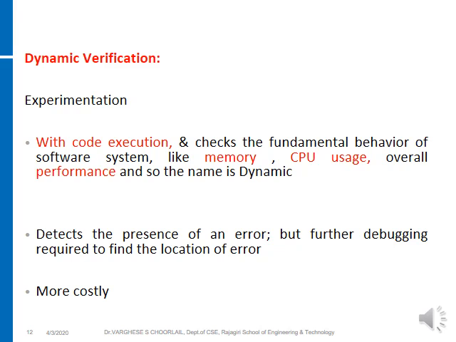What are the fundamentals of a software system for running a product or for making a product? It consumes memory. It consumes your CPU's storage, CPU performance, overall performance. And so the name is dynamic. Therefore, there are a lot of other factors like your memory, CPU usage, overall performance of your computer when the computer is loaded up with the software. So it is purely dynamic